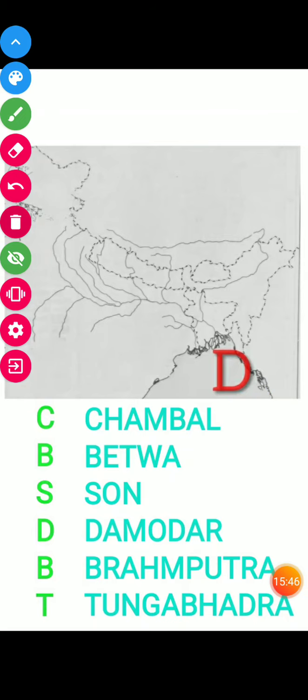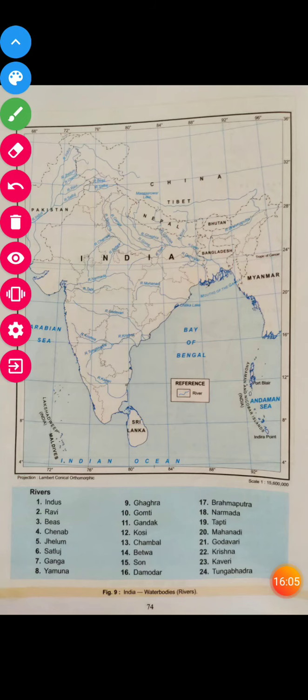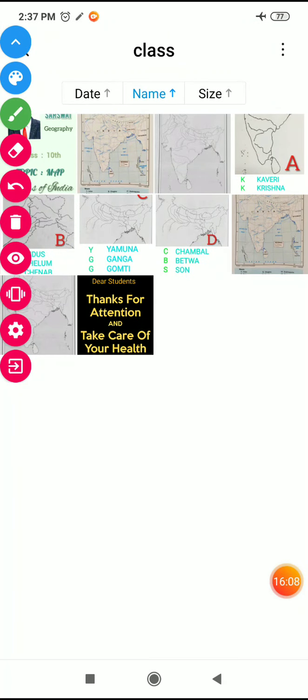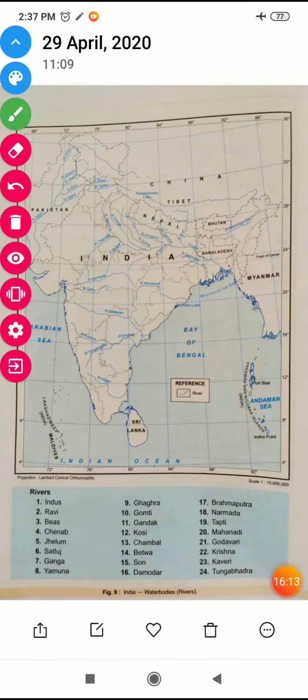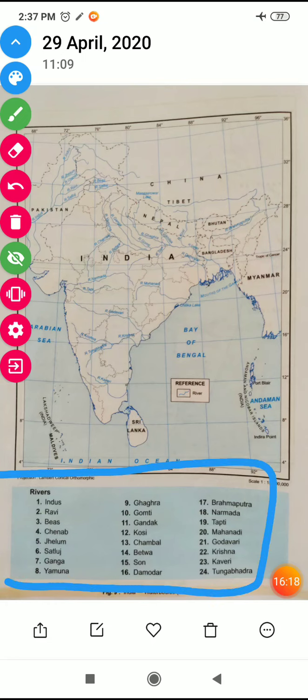I hope these 4 sections will make your work easier. So you do one section in a day, or at a time you do one section only. When you are quite sure about one section, then go ahead. So this will be your map of India, 24 rivers you can see here. These are your 24 rivers, and